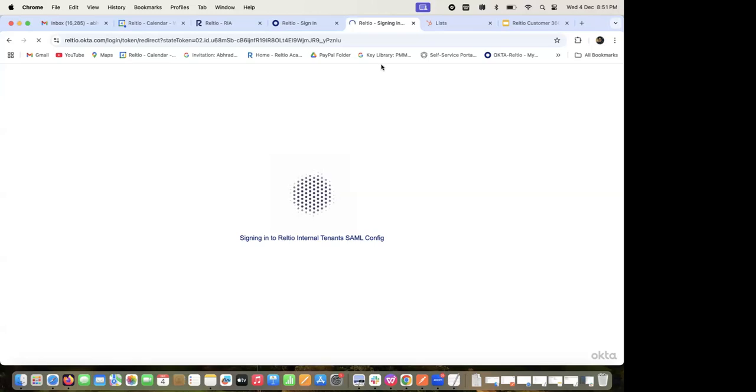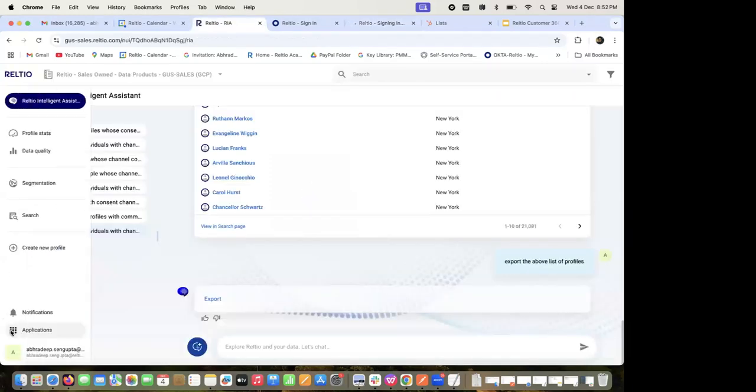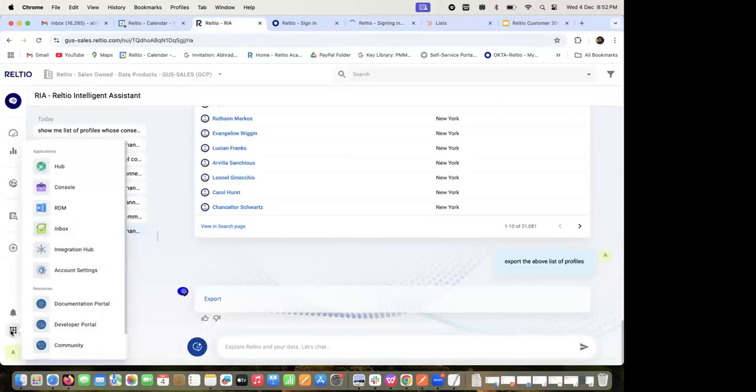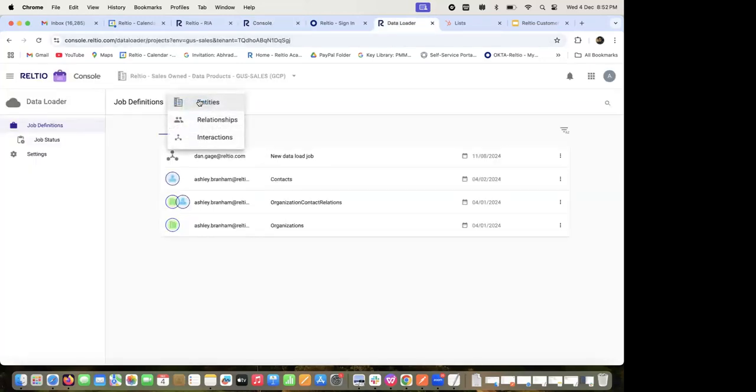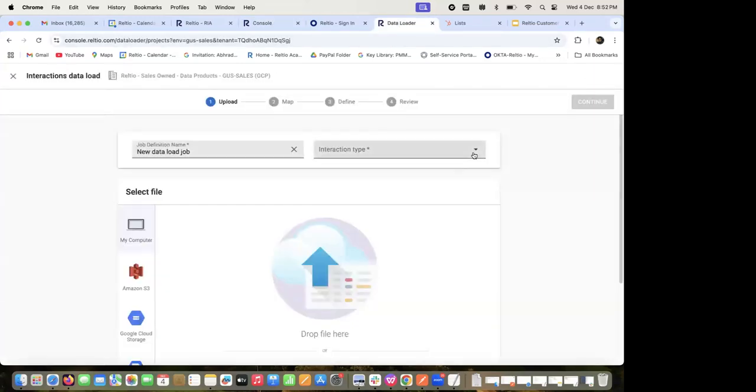So this basically allows you to load interactions the way we load entities and relationships through the data loader. It gives me an option to have a data file. Right now we support CSV files, and then load existing CSV files through the interaction types defined in the data model. Let me try to open that once more. Okay, it is here. So I can click on load data, click on interactions, and then have service request here,